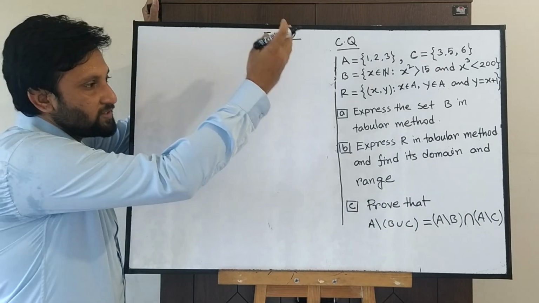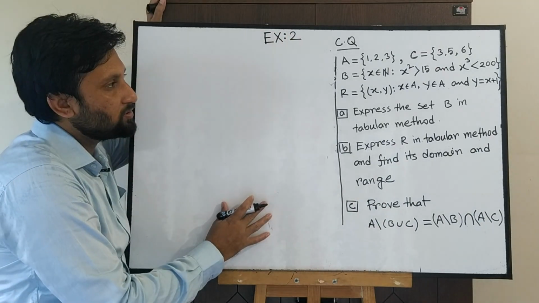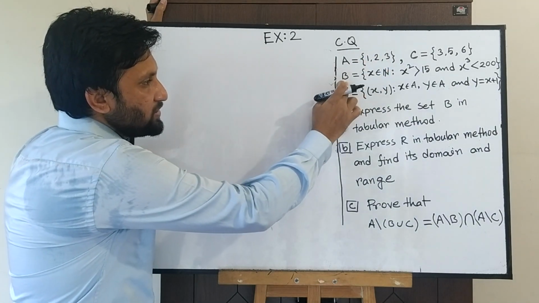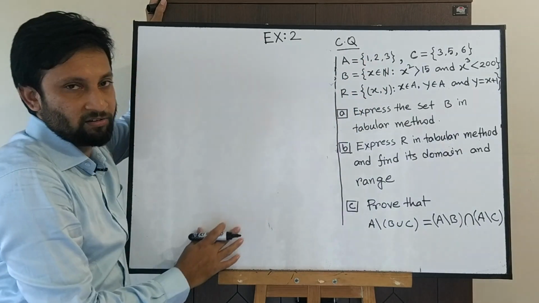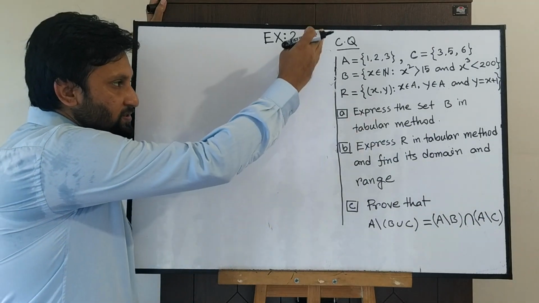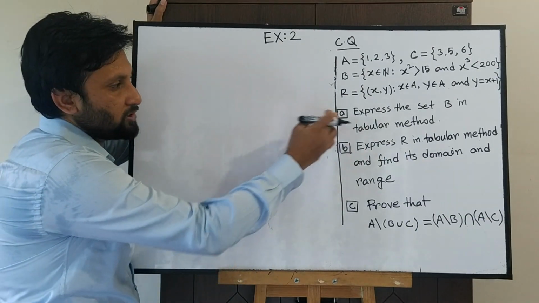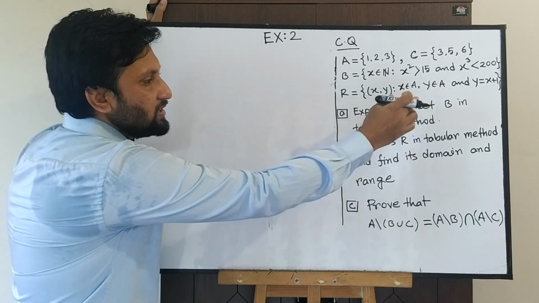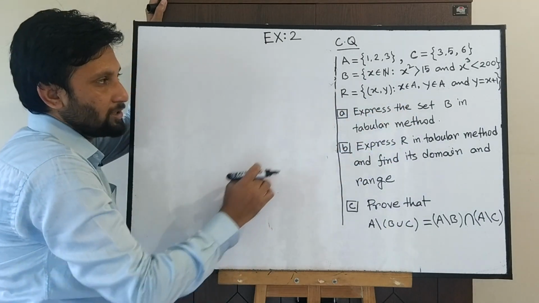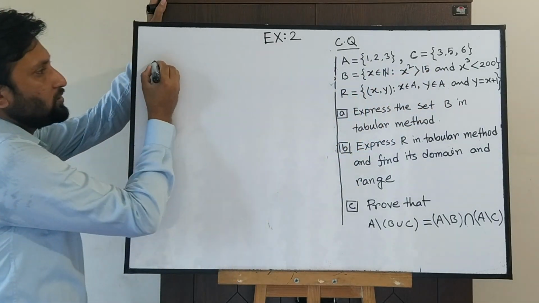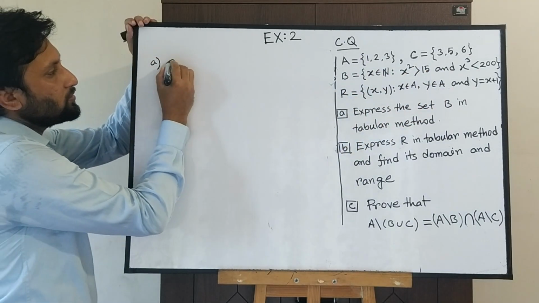Here I have written a CQ where set A, set C, set B and relation R are given. By using this system, we have to solve this CQ. Now, first one, express the set B in tabular method. Given